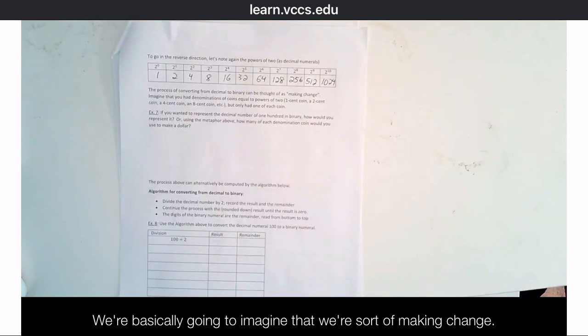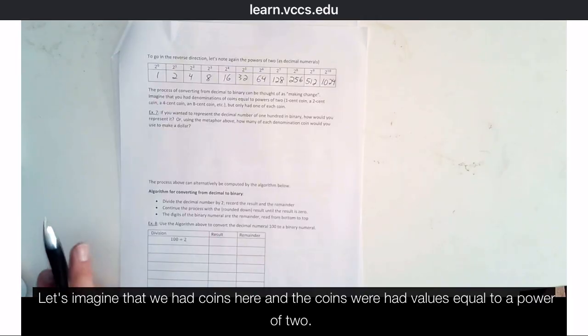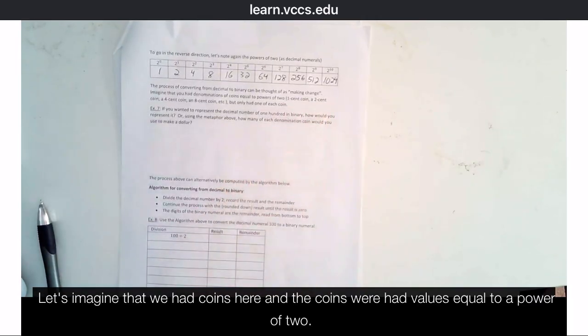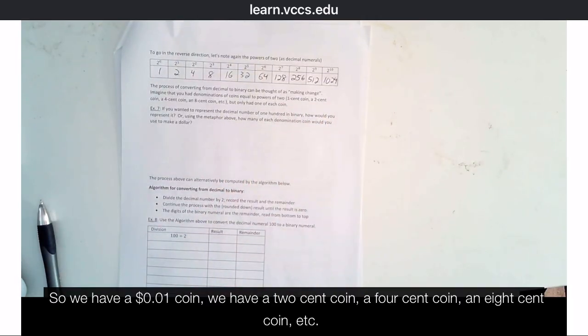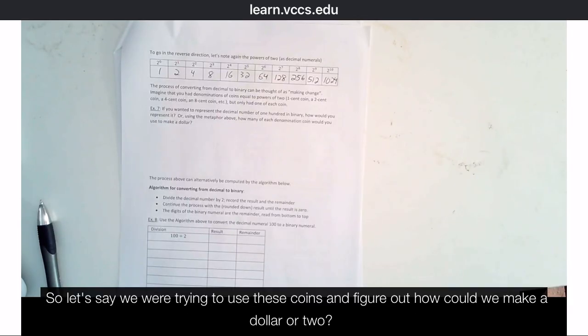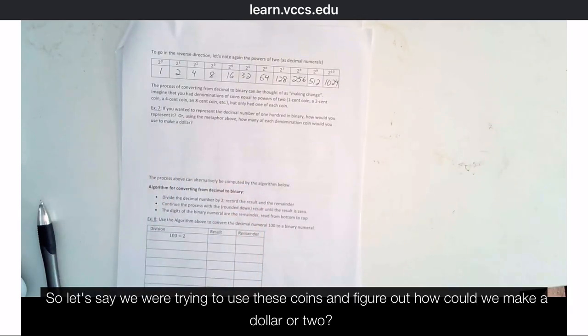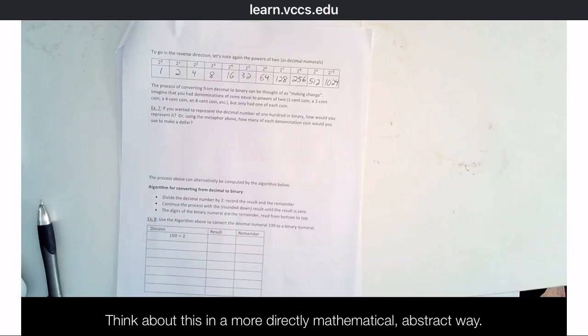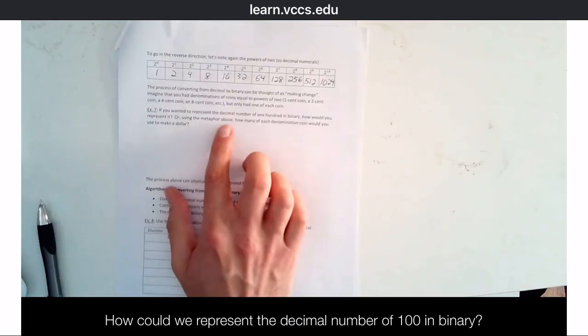We're basically going to imagine that we're sort of making change. Let's imagine that we had coins here, and the coins had values equal to a power of 2. So we have a 1-cent coin, we have a 2-cent coin, a 4-cent coin, an 8-cent coin, etc. But let's imagine that we only have one of each of these coins. So let's say we were trying to use these coins and figure out how could we make a dollar, or to think about this in a more directly mathematical, abstract way, how could we represent the decimal number of 100